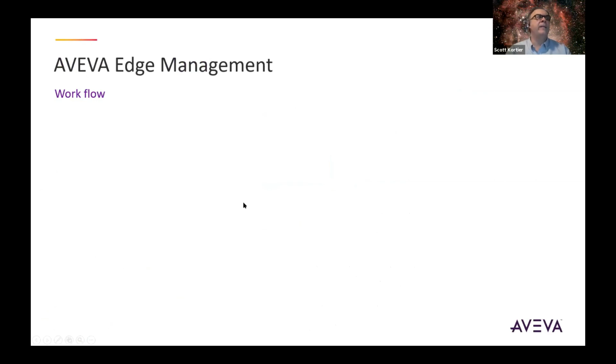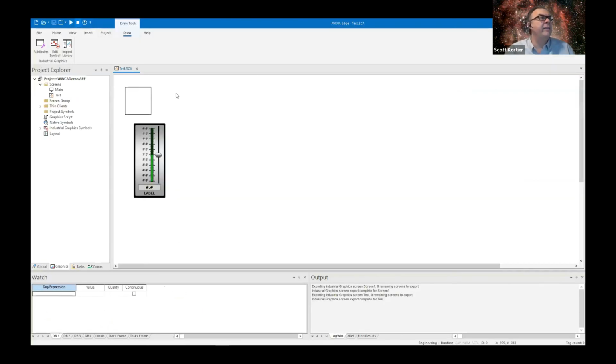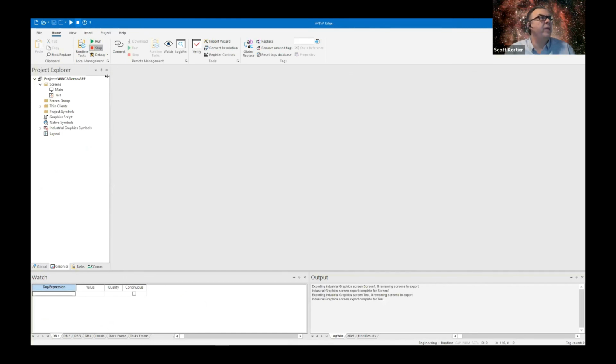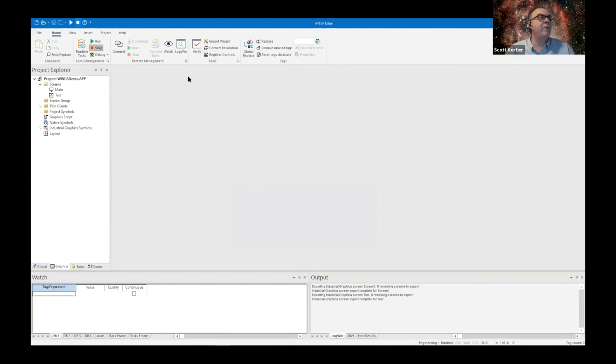Something else we've added in the product is AVEVA Edge Management. So if we take a look at a workflow in the product, before I move on to the next slide, I'm going to go back into the development environment because this will help me explain this. We have this remote management tool where if you connect up via an IP address, you can then manage your project and download it and start and stop your project to an individual IP address. Well, that's great when you've got, let's say, less than 10 devices, 5 devices. I did this one time at a customer site, and I had 25 different computers that I was managing, and I'd have to connect and disconnect every time I wanted to move along.